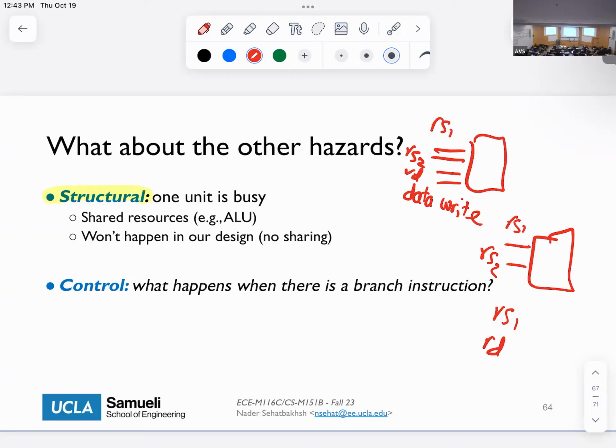But as I said, in our design, since we are designing everything to be able to do this in parallel, we're not going to have a structural hazard. So that's one thing to remember. But then there is also